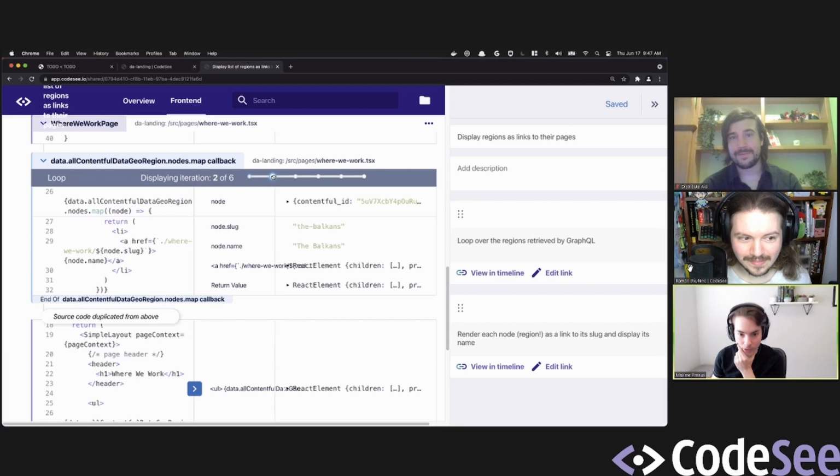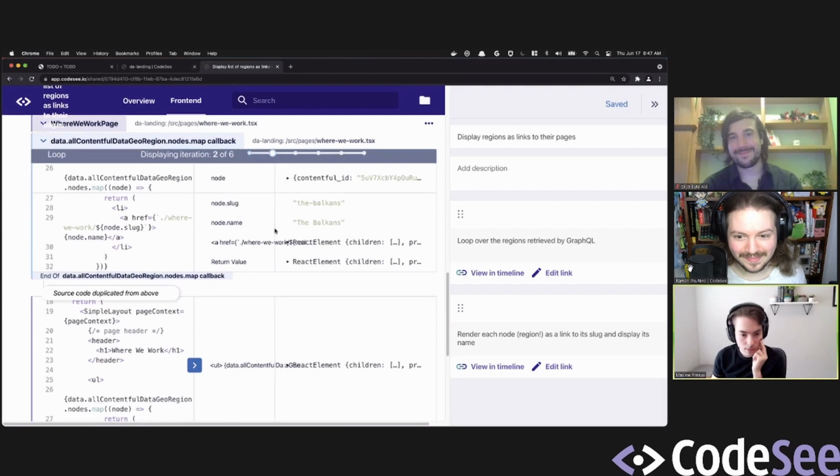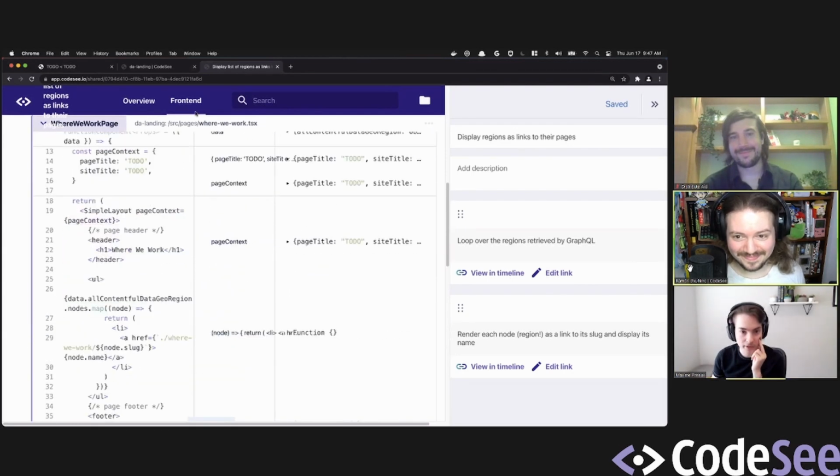Oh, and this is going to show me the actual data for each iteration of this map loop. That's fantastic. Gotcha. So I would expect 6 regions to be displayed. And obviously I can see what the data looks like now, which is awesome too. Indeed. Perfect. So what I'm curious about is